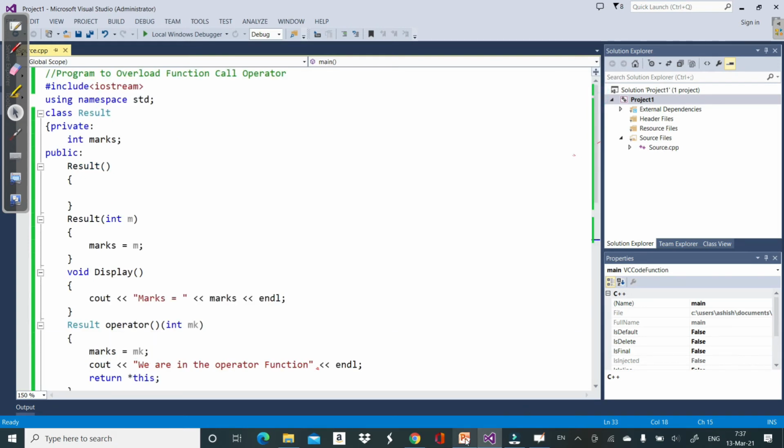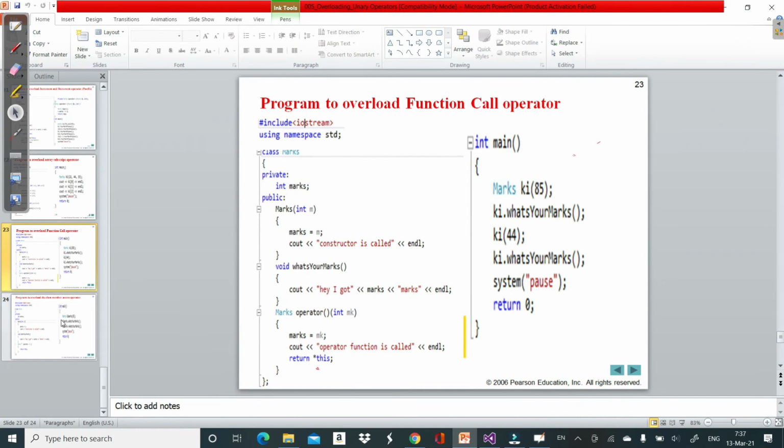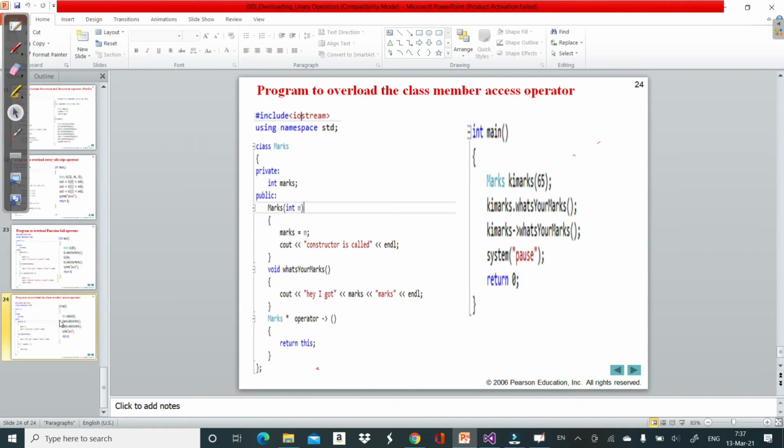Okay, now the second one is how to overload the object member access operator. What does member access operator mean? If you remember, when we studied handles of an object, we studied 3 types of handles, of which 2 were the dot operator and the arrow operator.